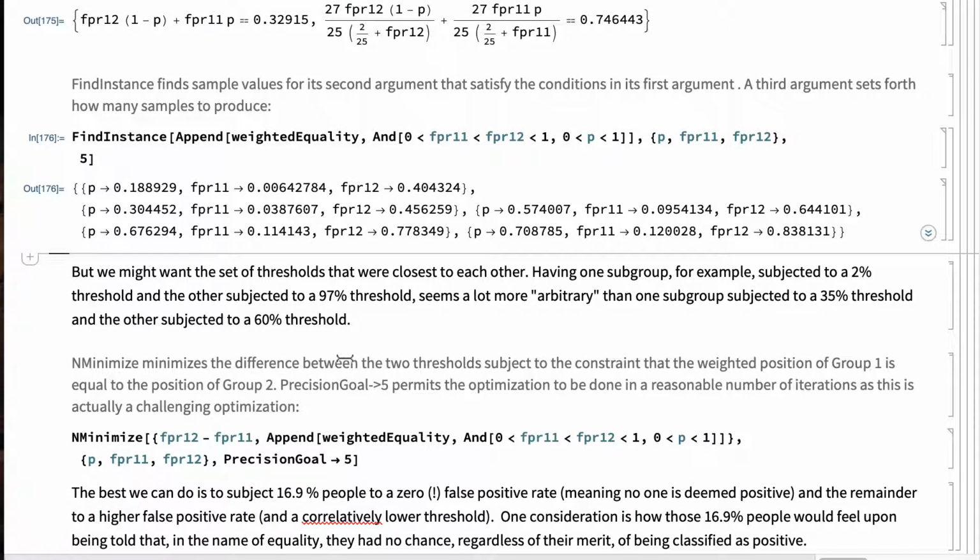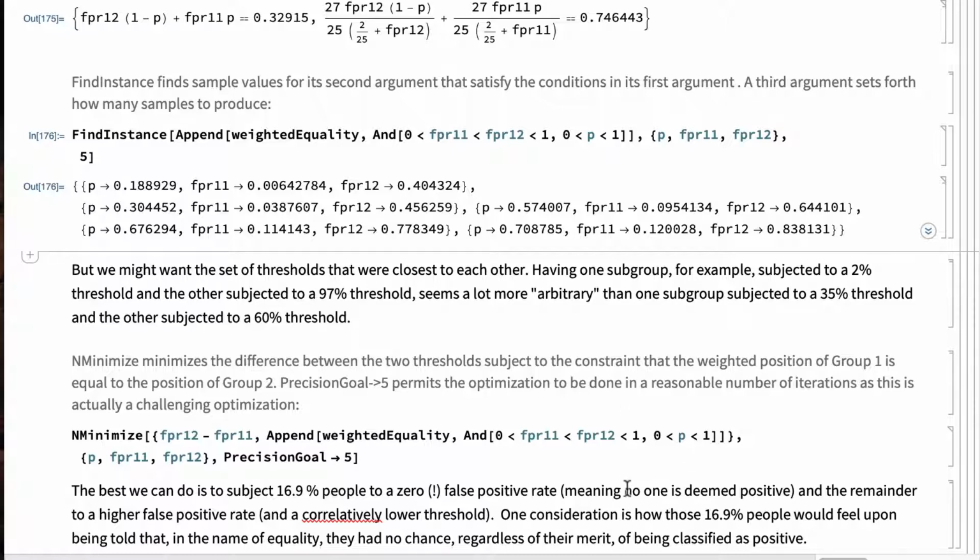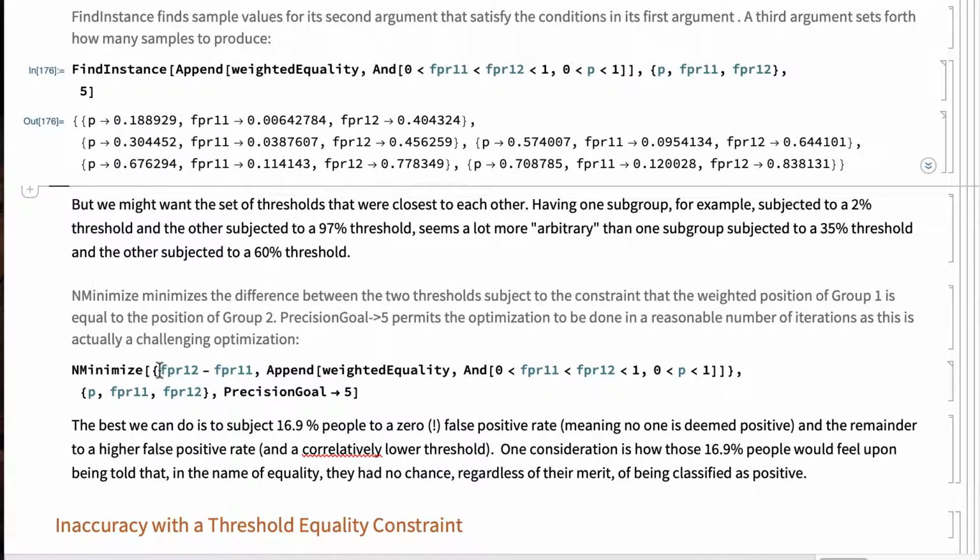Well, if it were me, I would want the difference in the thresholds that were going to be used, depending on the result of some random choice, to be minimized. So what I'm going to do here is to say I want the difference in the false positive rates to be minimized